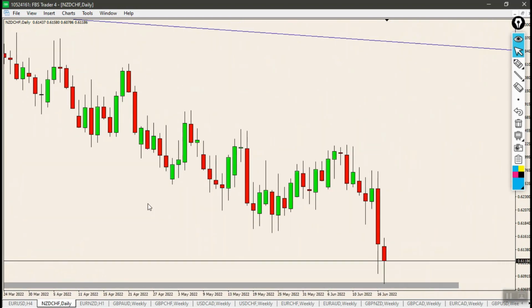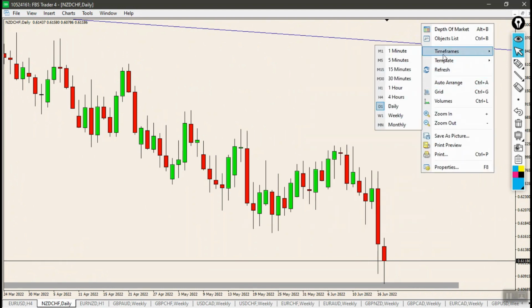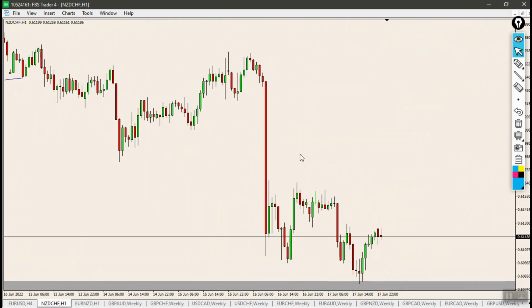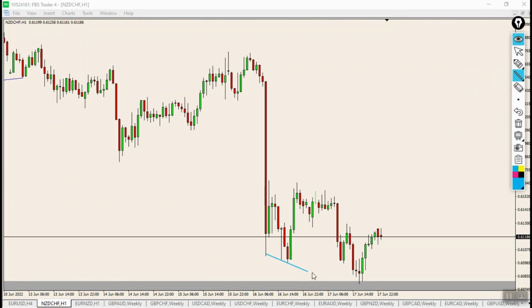So as we go down to the lower time frames, let's go down to the 1 hour. As we go down on the lower time frames, we will have to see what kind of structure they want to build here. Perhaps they are building a reversal pattern right now on the 1 hour, right? I'm not sure, but perhaps something like so. We might have another touch and one more double bottom here. So it's going to be a double bottom inside a double bottom